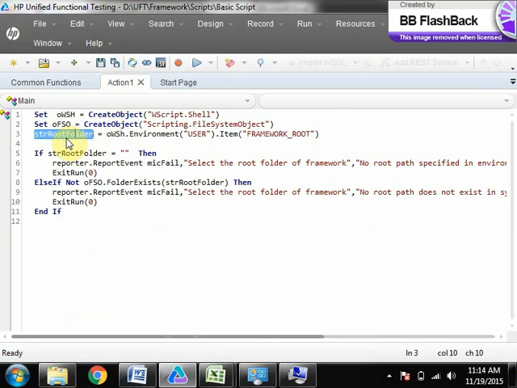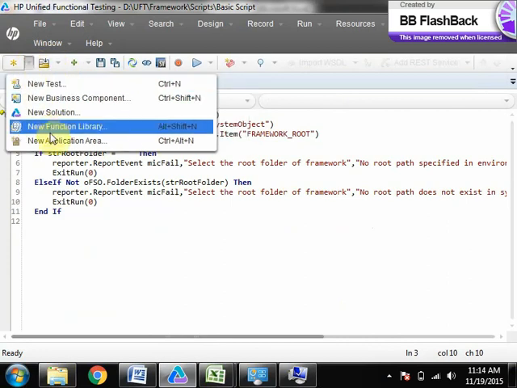If the function is a local function for that action, created inside the action only, it will pass. But now the function is placed in the library, while str root folder is local to the action. So I will not be able to use that variable inside the function library. Then how do we do that?